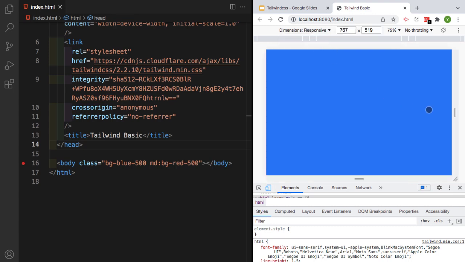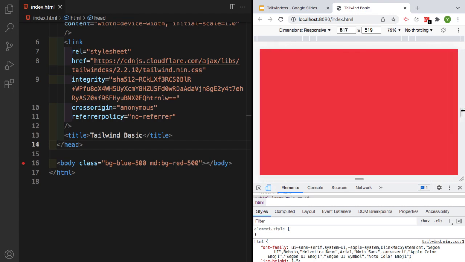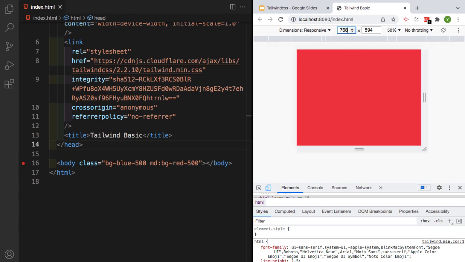Then let me go to the medium size. So if I do 768 and hit enter, here you can see this background has changed